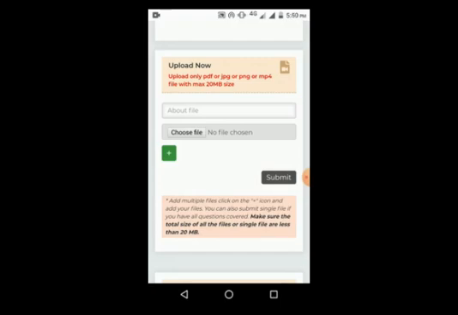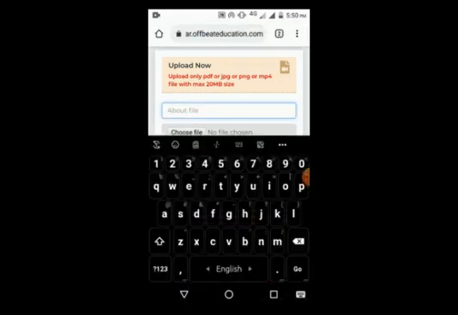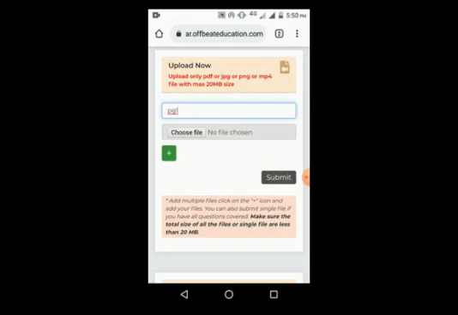Don't use any space, don't use any special character. So suppose I am writing pg1, this is my page 1. Now I have to choose file. Choose file means in my phone location or my laptop location, suppose my PDF is there which I will upload. By clicking on this, I can select my PDF.